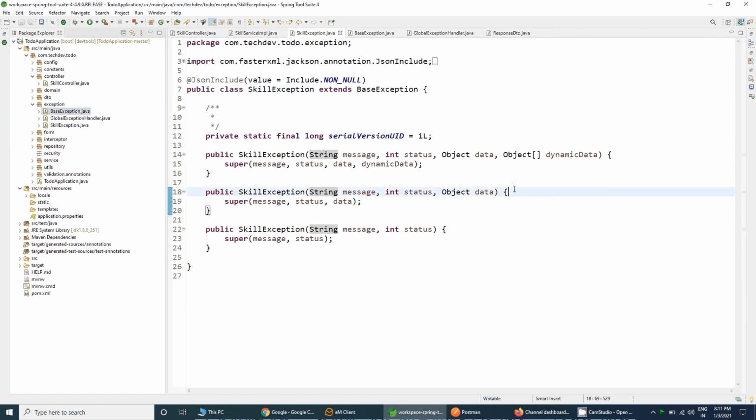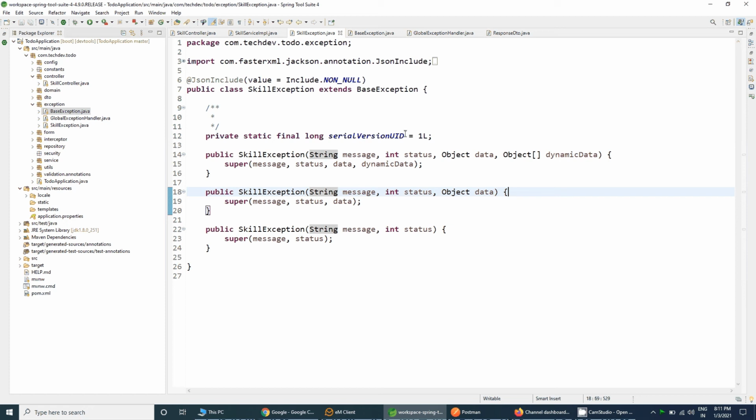So this is the best way in which you can handle the exceptions from your service implementation class, or somewhere else you can create your own custom exception handling, and will always return the exception in a similar way to how you are returning your REST API response.